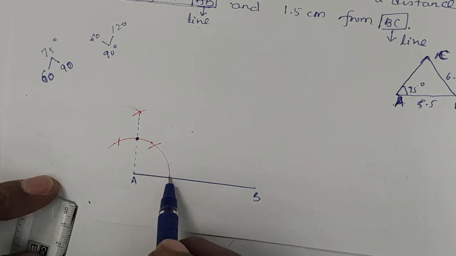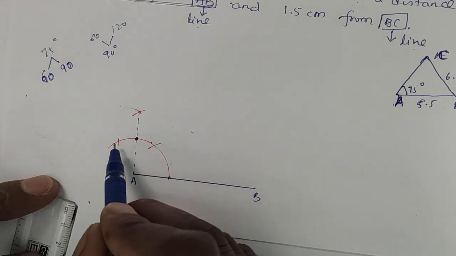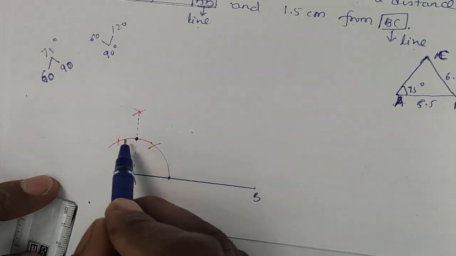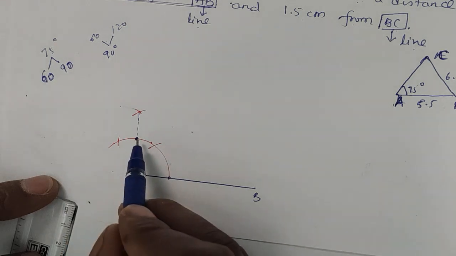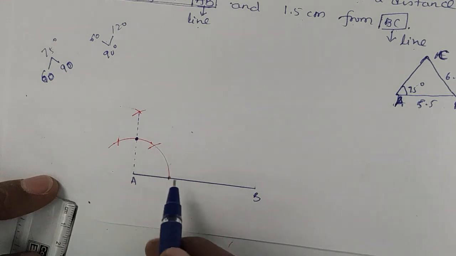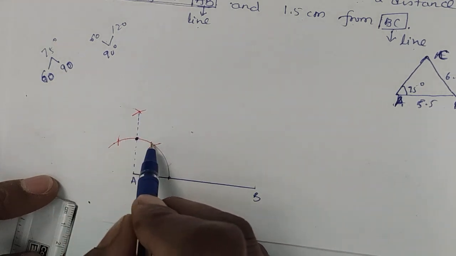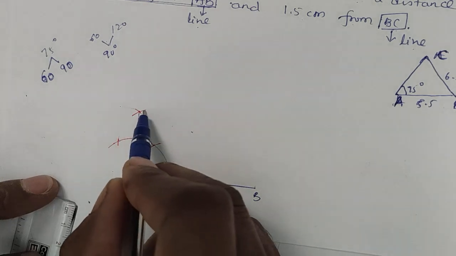But 90 degree is here. Look at this, this is 0 degree. We start from here now, 0 degree. This is 60 degree, this is 90 degree, and 120 degree. All the angles are obtained on this main arc. Remember, don't take any angle above this arc. This is the main arc. On that main arc only all the angles should be there: 0, 60, 90, 120.